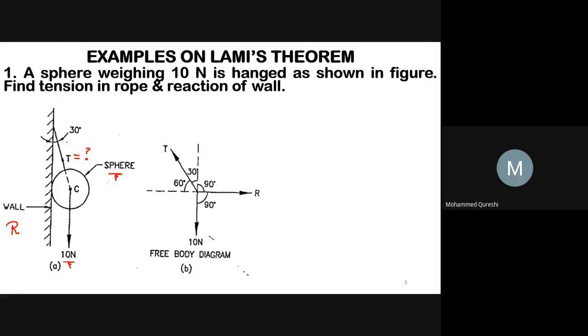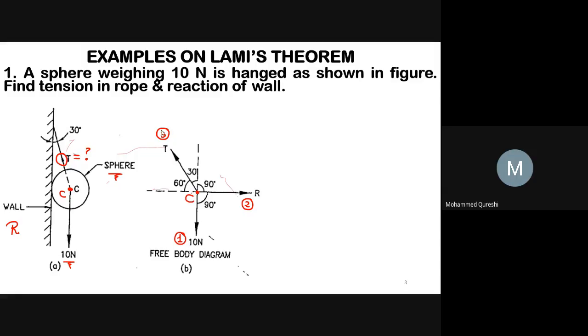So here C is your center point, so I will denote it as point C. At point C, 10 Newton is in the downward direction, so I will first locate 10 Newton over here. Then the reaction of the wall: we have to remove the support, and hence the reaction will be in this direction. So this will be your reaction. Then the tension is in the upward direction, hence I am indicating the tension over here in the upward direction.